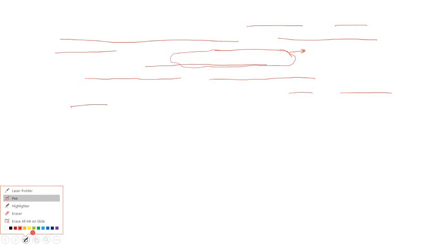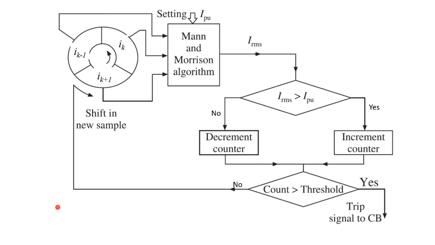Now let us see how it can be implemented. You can see here, this is an overcurrent relay, therefore we consider the current samples. Here the current sample is this. The oldest sample is ik minus 1 and then ik plus 1. Now these 3 samples are fed to some processor where the Mann and Morrison algorithm is implemented, and